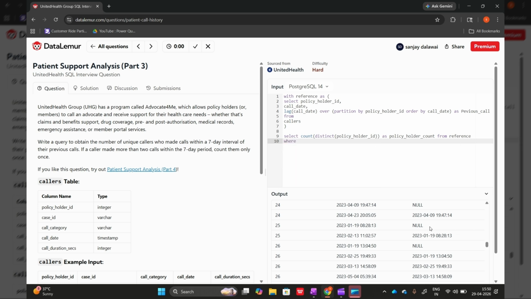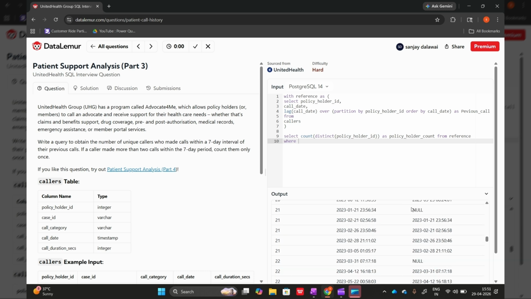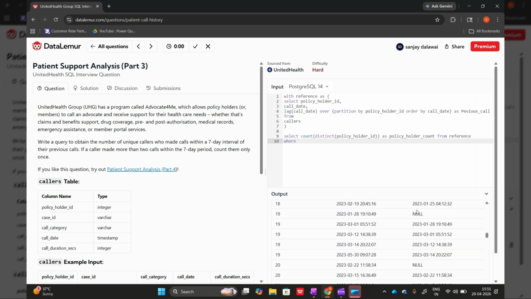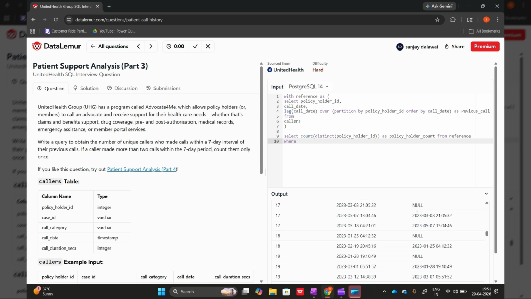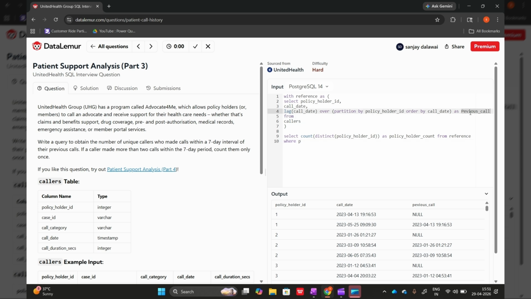and also while doing the subtraction, I need to make sure that if this is null, I do not select the rows where the previous column is null. So first of all, I will be filtering where previous is not null,